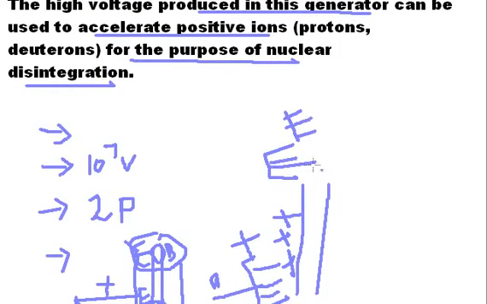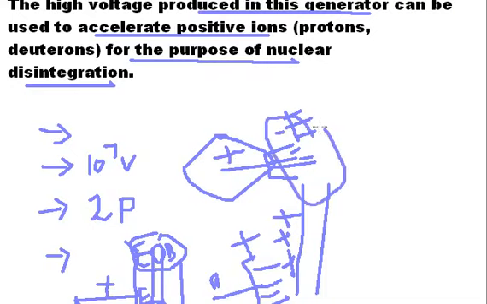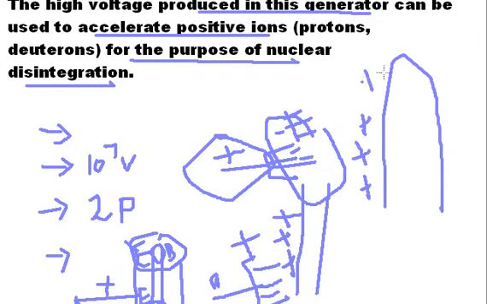Okay, what happens when the positive charge reaches here? This will acquire the negative charge and it will transfer the positive charge to the sphere, isn't it? And what happens to the negative charge? Again, it will ionize the air surrounding it, so it will repel the negative charge onto the belt, and the belt already has the positive, so it will neutralize. So when the belt is going like this, it goes with the positive charge, but while coming back it comes without any charge. So here there is no charge present. In this way it continues to work and it will accumulate more charges on the positive metallic sphere.